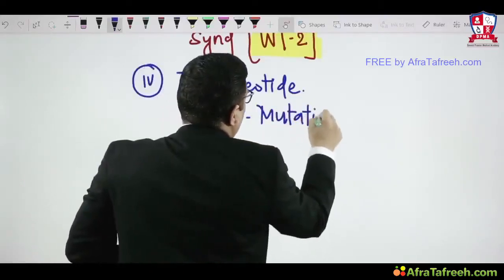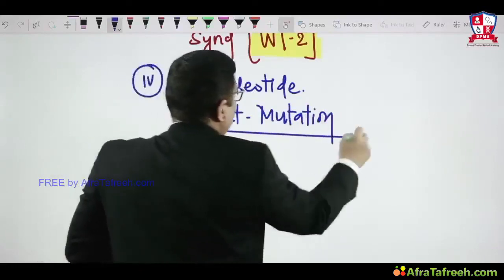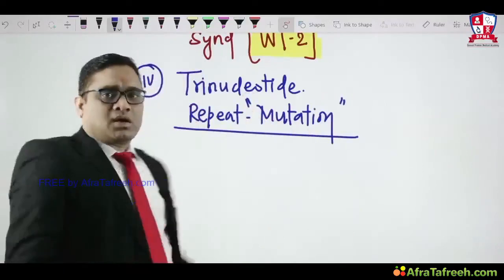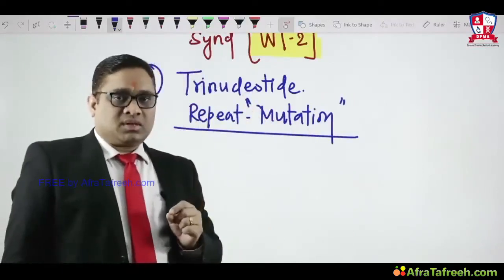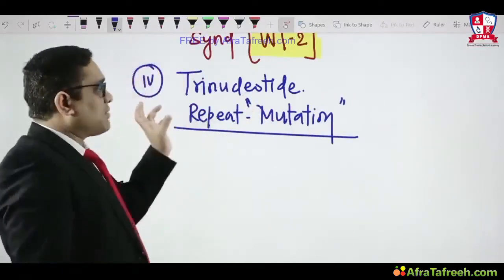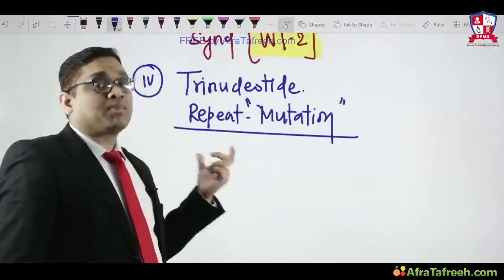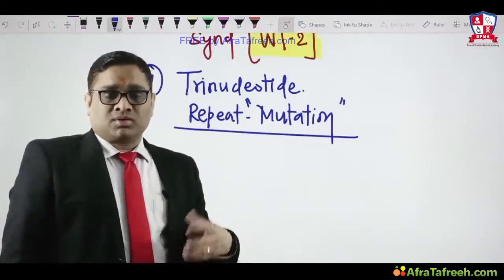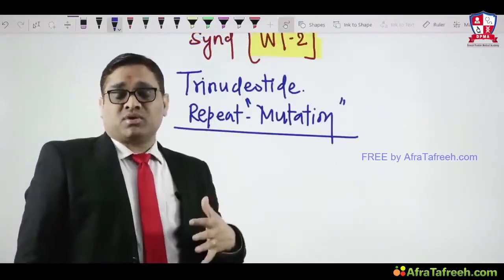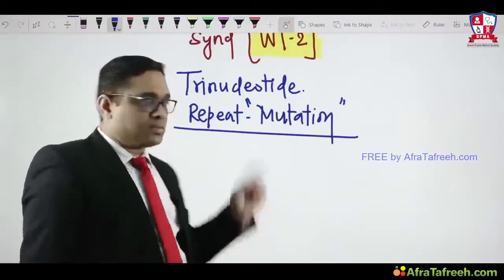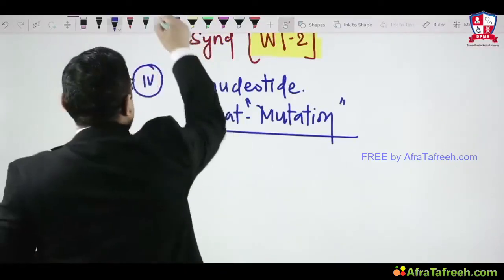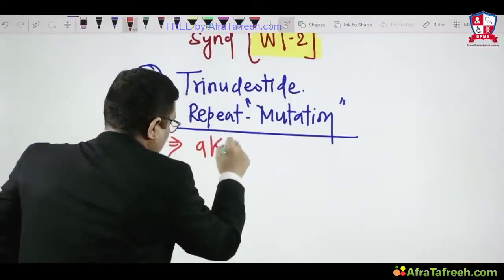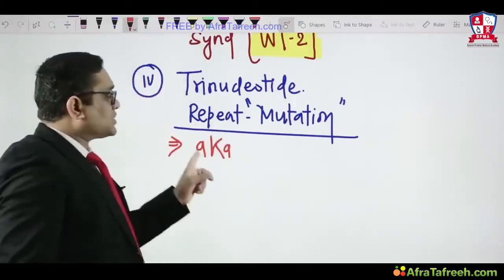Here what we need to understand is that the word mutation usually stands for loss of gene. But here there will be trinucleotide repeats, and because of them there will be a gain in gene. When there is a gain in gene, that kind of mutation is called dynamic mutation. So that is why trinucleotide repeat mutation is also known as dynamic